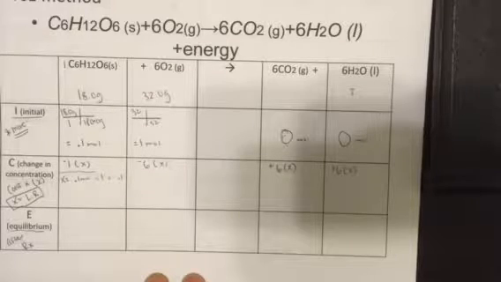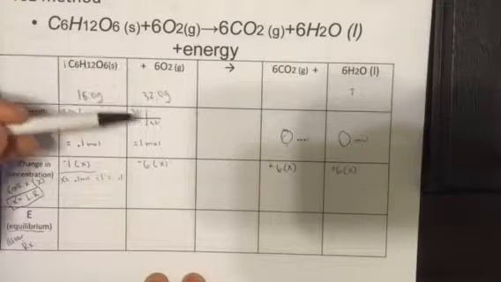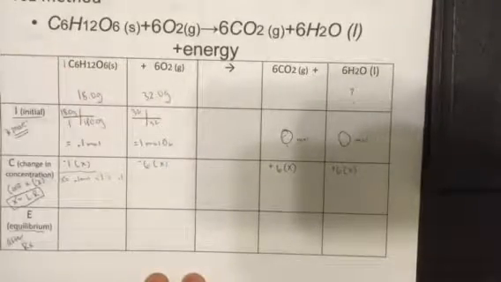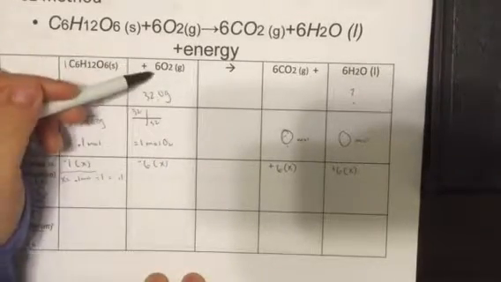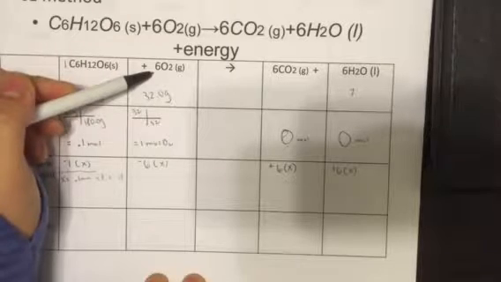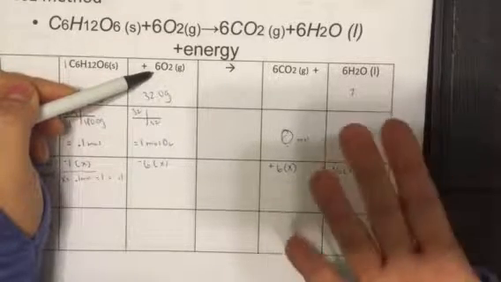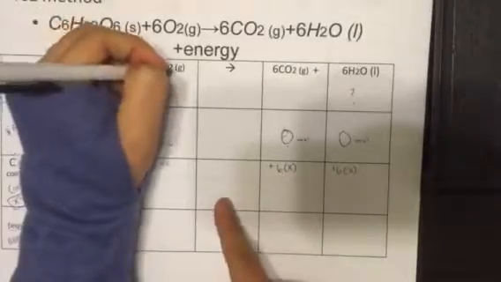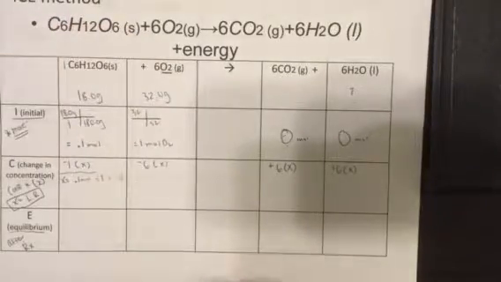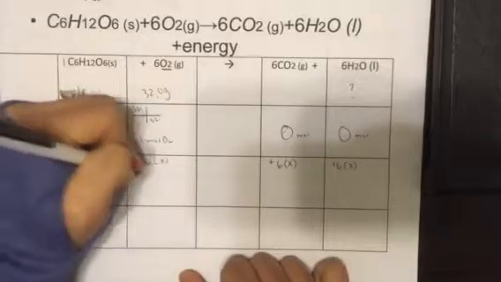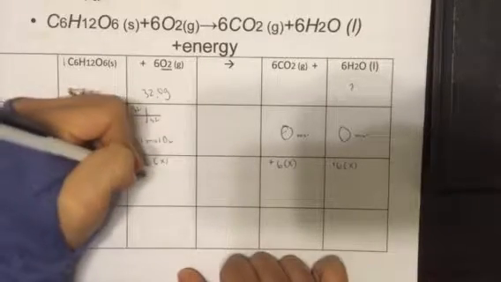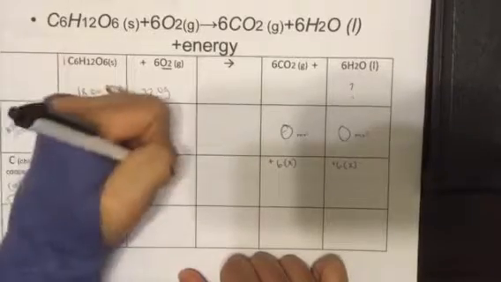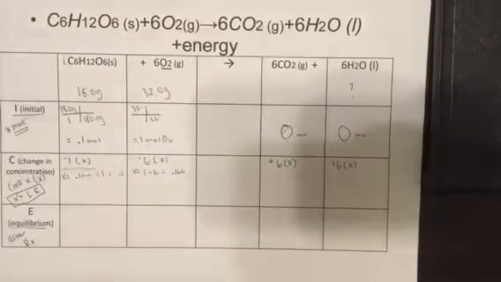And then if I have 1 mole of oxygen, and in this specific reaction I have 6 of those, how many moles of just one of the oxygens do I have? So X is equal to 1 mole divided by 6, which gives me 0.166 something,